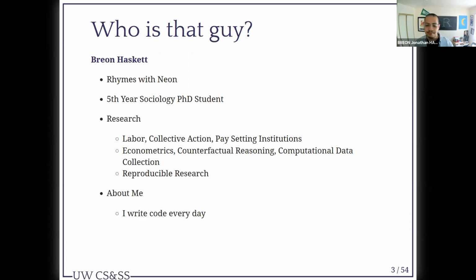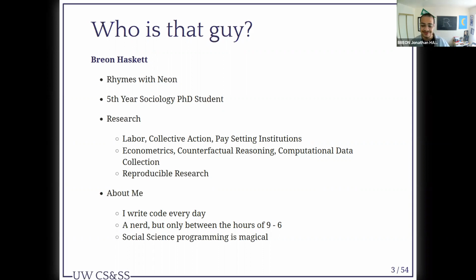A little bit about me. I write code every day. I really enjoy all of the little wins that coding provides. I'm a nerd, but only between the hours of 9 and 6. I say that to say I will only be answering emails between the hours of 9 and 6, for answering Slack messages, mailing lists, that kind of thing.